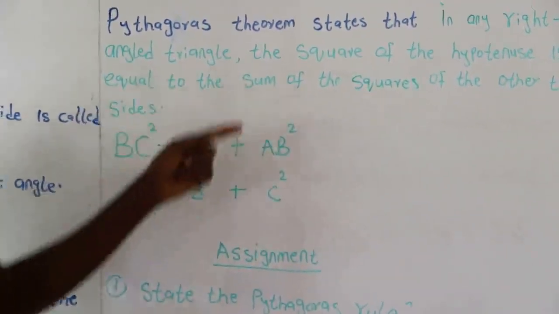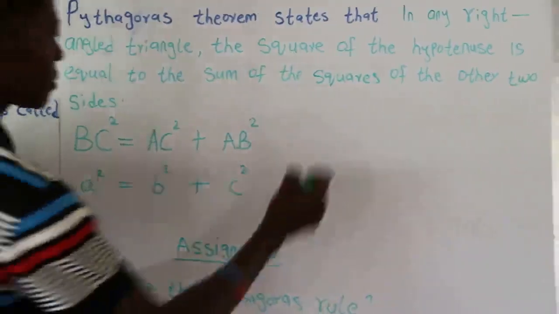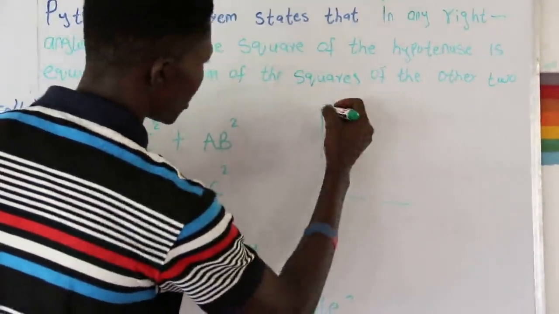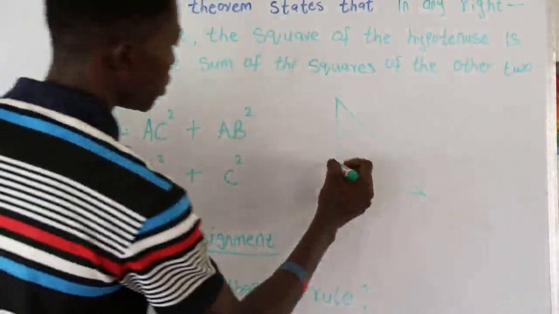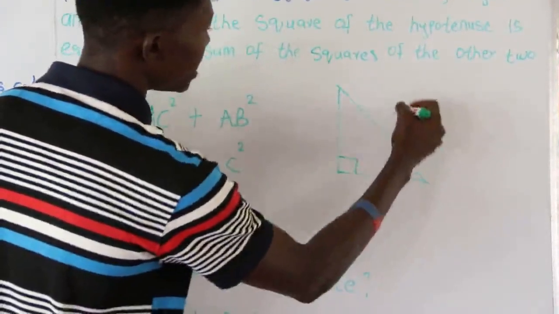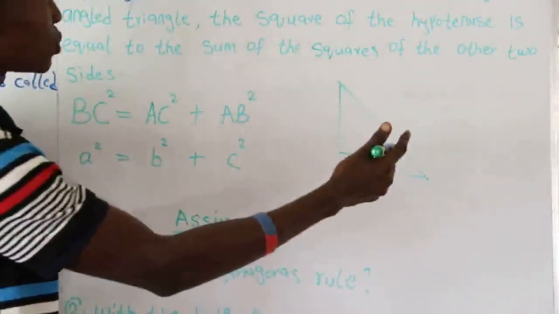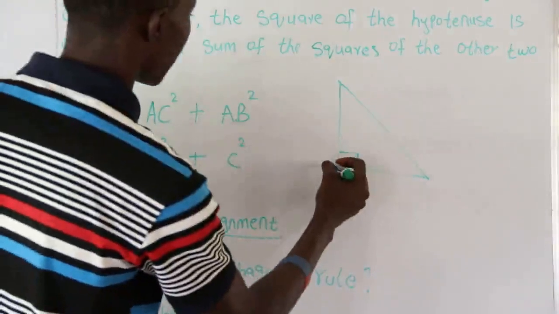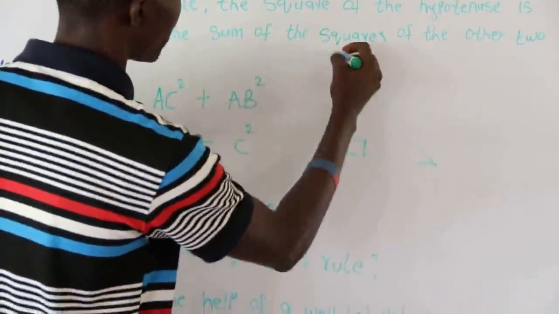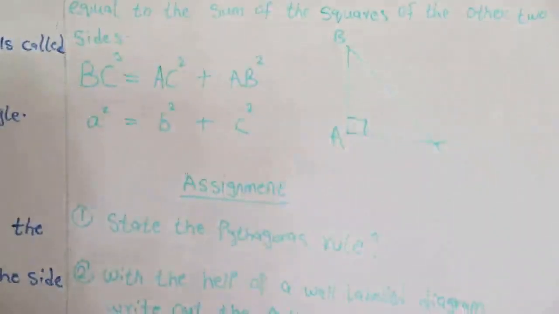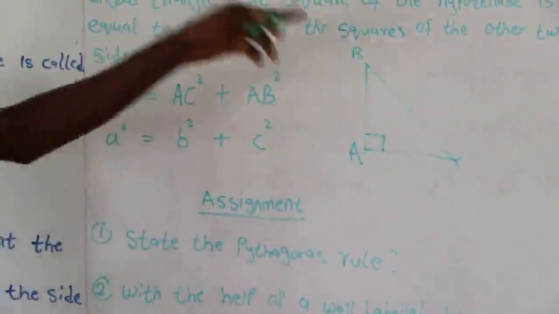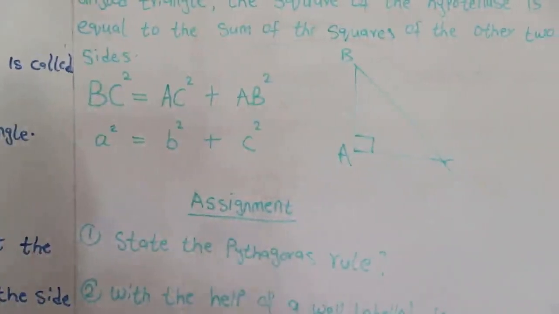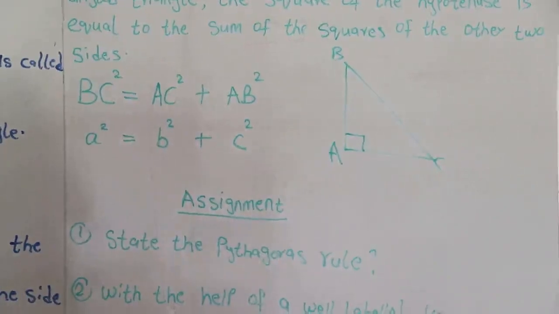This is a right angle triangle, and we say the longest side here is the hypotenuse. So we can have our A, we can have our B, and we can have our C here. That the square of the hypotenuse is equal to the sum of the squares of the other two